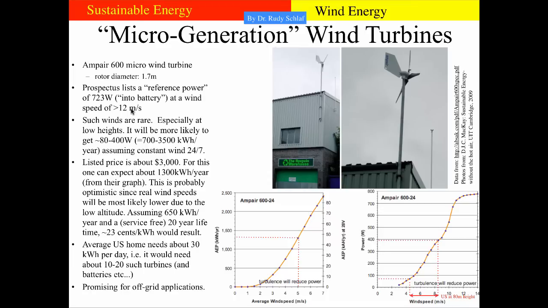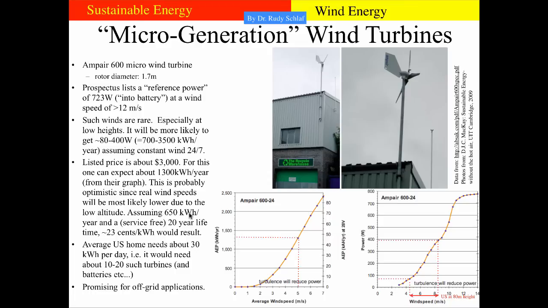So that would translate, if you have constant wind that's blowing all the time, to 700 to 3,500 kilowatt hours. And indeed, they specify on their website that one can expect about 1,300 kilowatt hours from this turbine per year. This suggests that you need about 5 meters per second on average for this energy output to occur. And that is probably also a little bit optimistic because there are days without wind and at night wind blows rarely, etc. So if we assume maybe half of that as a realistic power output of this turbine, 650 kilowatt hours per year,